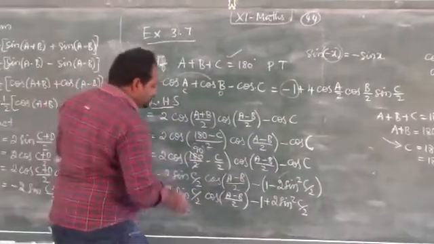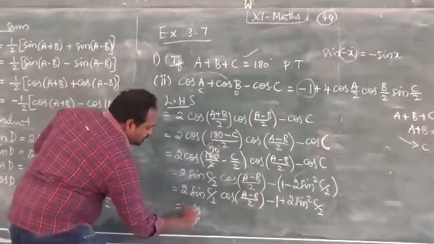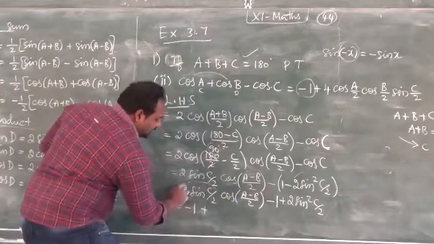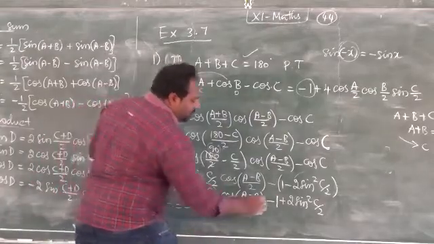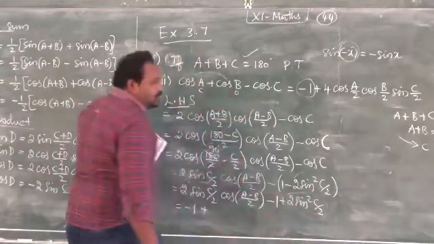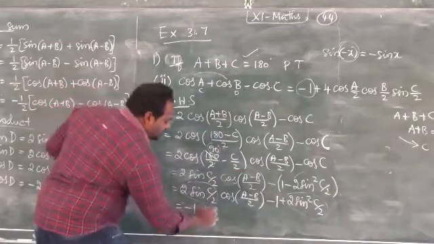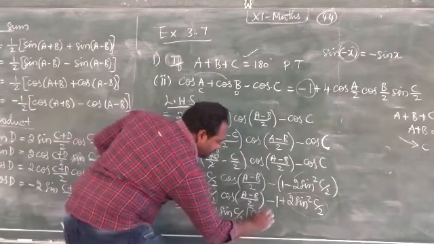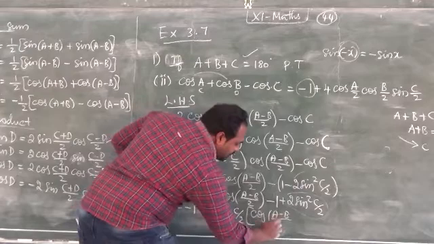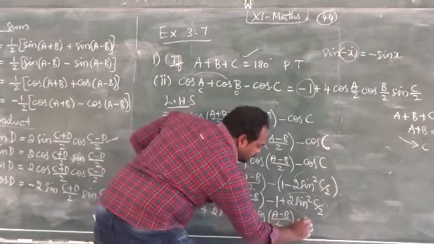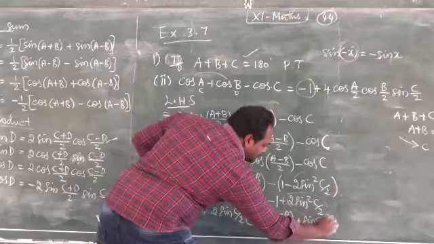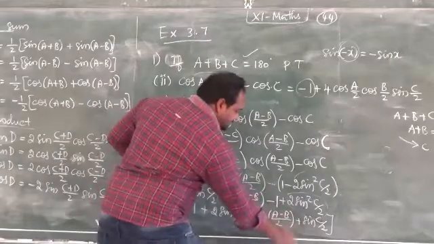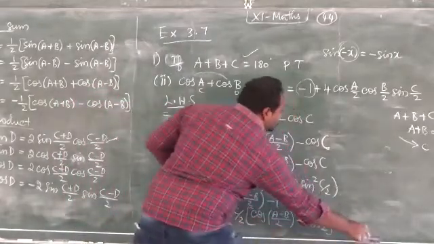Okay, now minus 1 separately, it's a separate value, then plus here 2 sin C by 2. From this I am going to take 2 sin square C by 2 commonly outside. If I take sin C by 2 commonly outside, it is cos of A minus B by 2 plus sin C by 2 alone remaining, because 2 came out, one sin C by 2 is coming out, another one is sin C by 2. Next, once again I am going to use the condition.